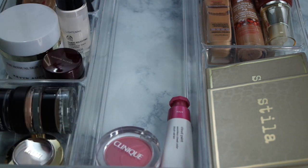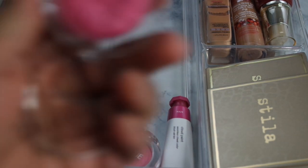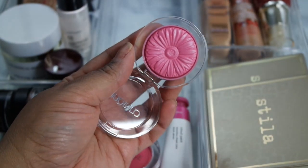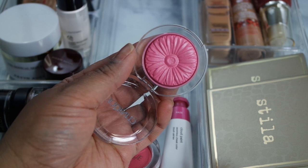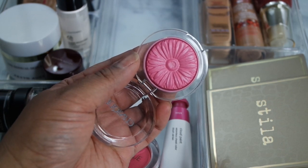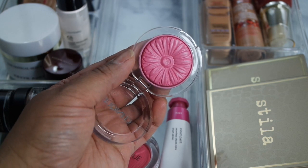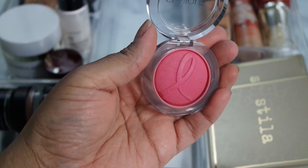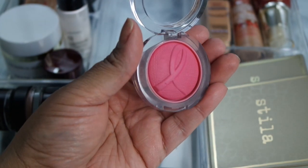This one here is in Plum Pop, as you can see there. Pretty packaging. Also, the color is just absolutely beautiful. These are some of my favorite blushes. I just haven't pulled them into an everyday makeup drawer in quite some time, so I decided to do so this time around. The second one is Berry Pop, and as you can see, it has the beautiful breast cancer